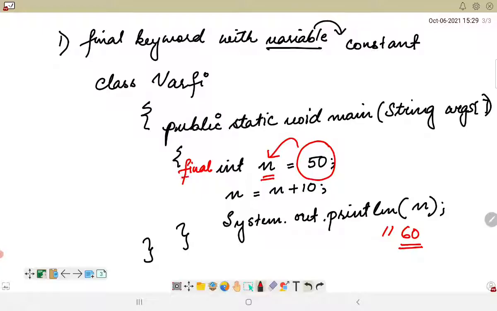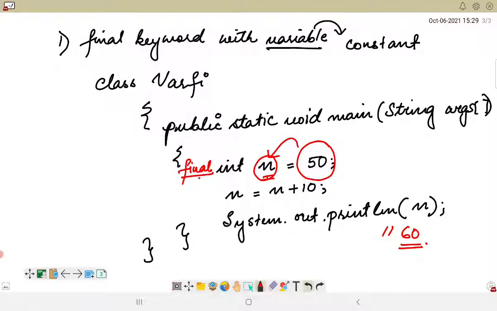If I am not using the final keyword, my output is 60, whereas if I use the final keyword with the variable n, it will give me a compile time error saying that this is a final variable and it cannot be changed. So this is the first usage of the final keyword with a variable.